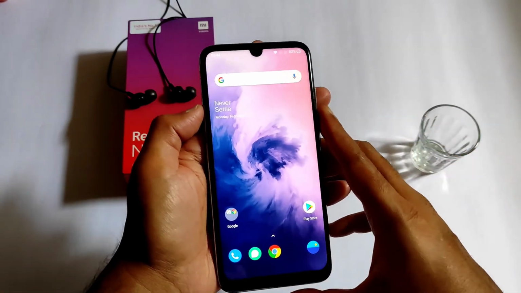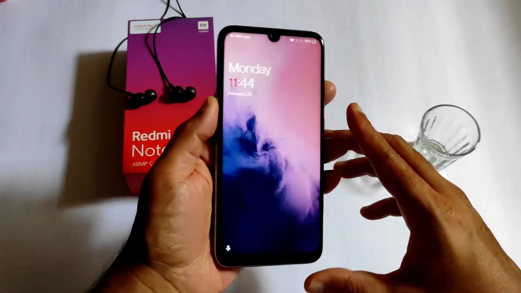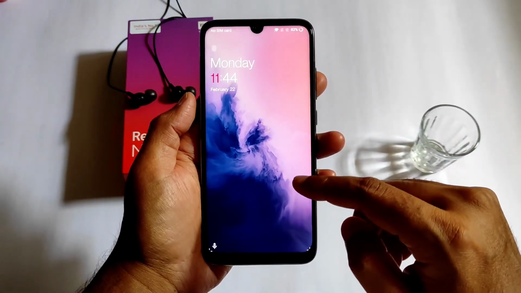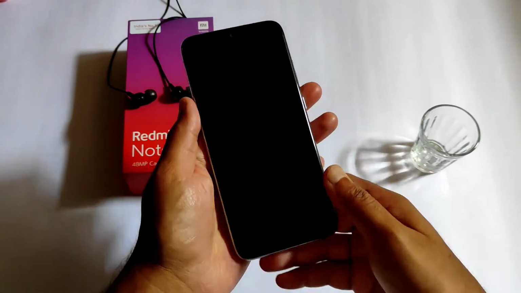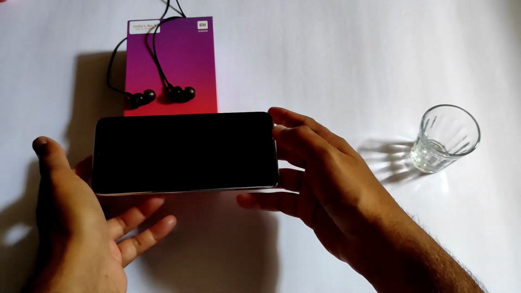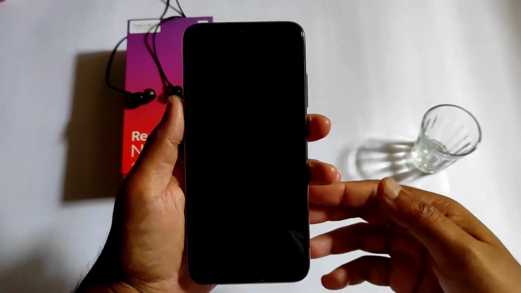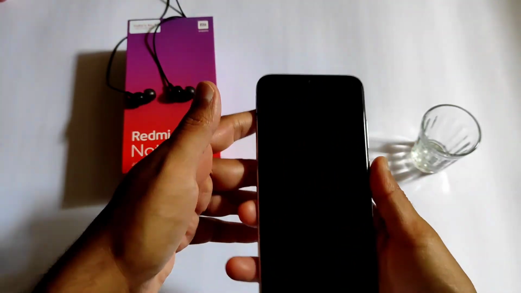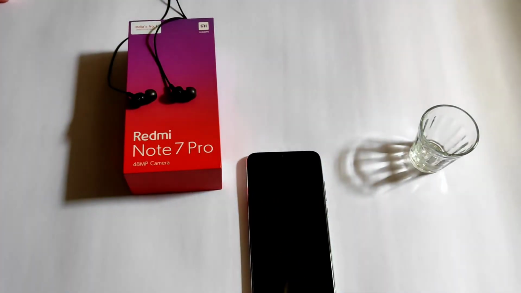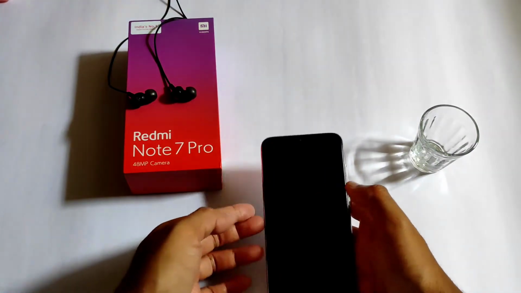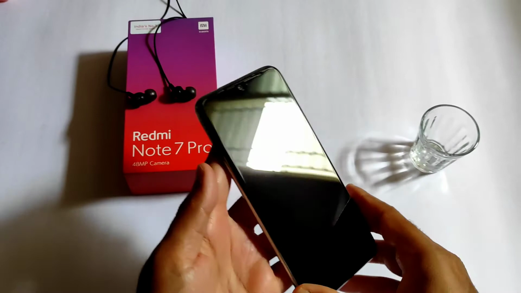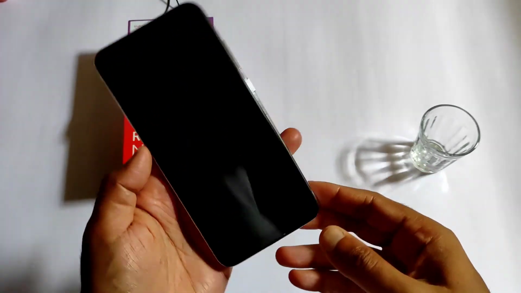Even the battery draining is less when we apply live wallpapers, because it only plays the animation like this when you unlock the device, not every time. And I am checking that animation, will it come or not. The ambient display. I have enabled the display, but still, as you can see,